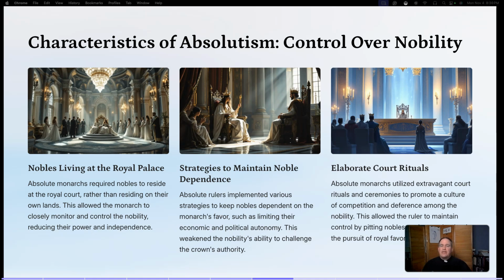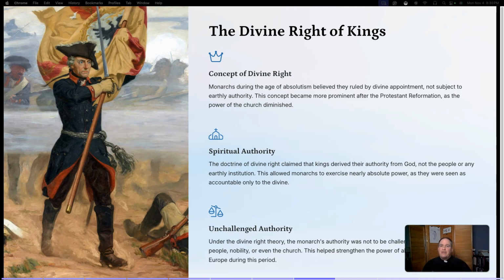Now let's look at this concept of the divine right of kings. The divine right of kings was a powerful concept during the age of absolutism. Monarchs believed they ruled by divine appointment, accountable only to God. This idea, which gained prominence after the Protestant Reformation, allowed kings to exercise near absolute power, making their authority unchallenged